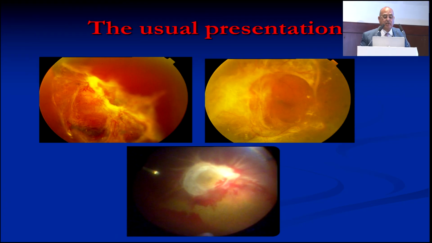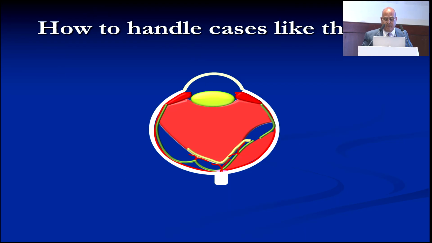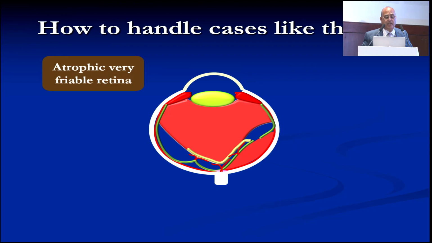These are the cases I'm talking about, usually single-eyed patients with old-standing diabetes, multiple layers of the epiretinal membranes. You can't even distinguish the macula and the disc. There are so many pathologies here. You can see atrophic, very friable retina that is easily torn,